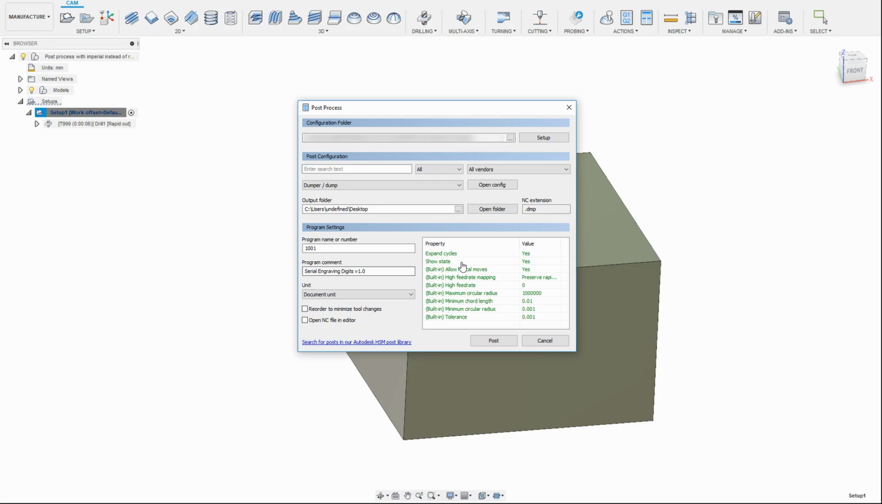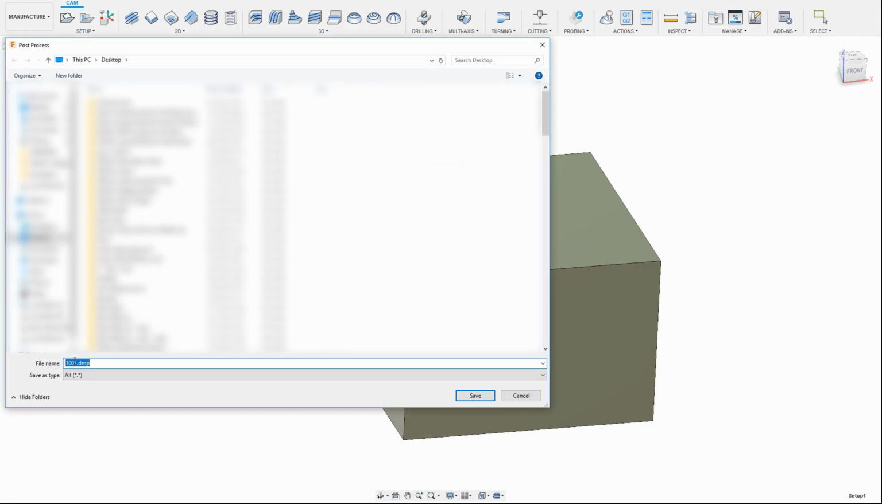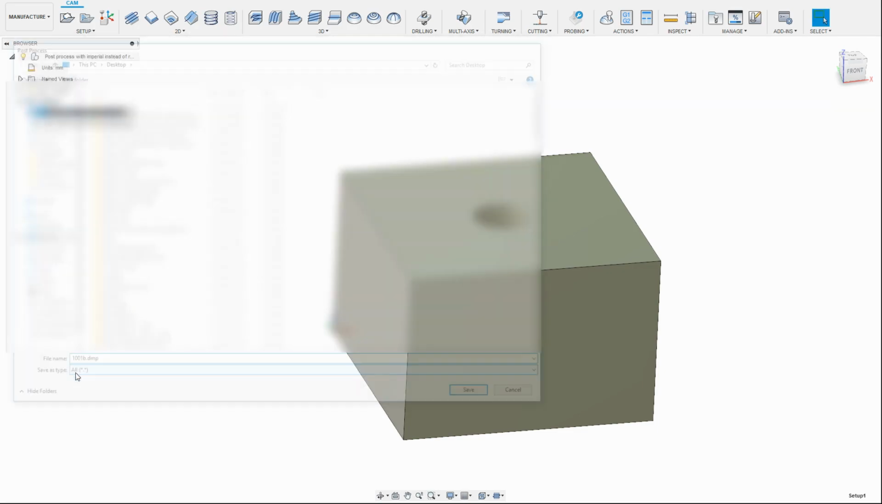Now I'll go back in here. The only thing I'll do differently is I'm going to right click and change all of these values to default. They're already at default, but I'm going to reset them all to default. You'll note that the unit hasn't changed, nothing's changed, except when I actually post the code